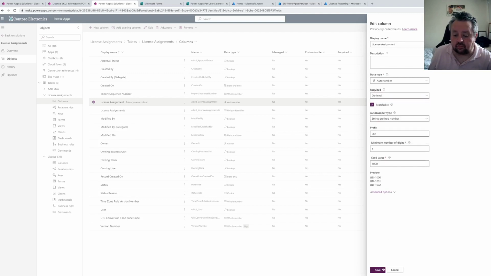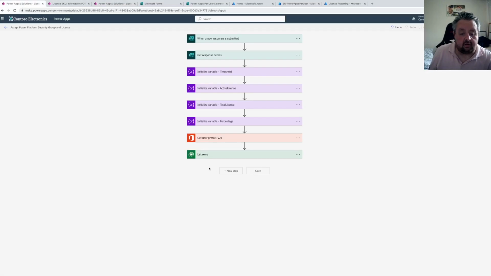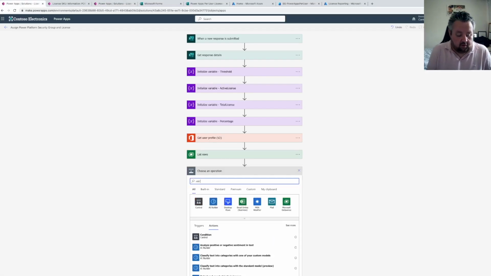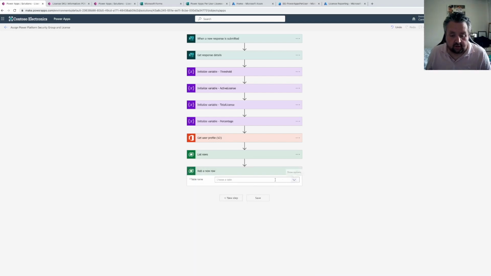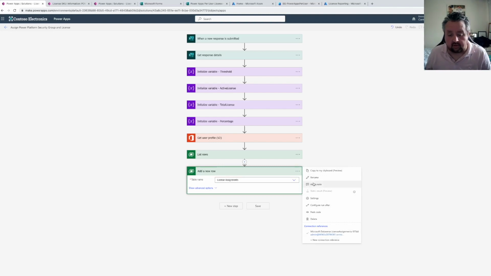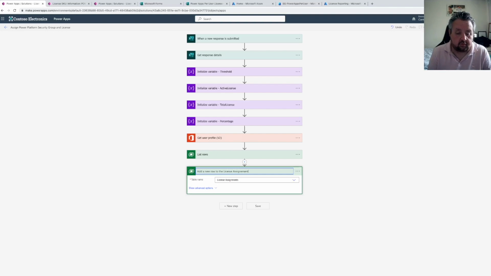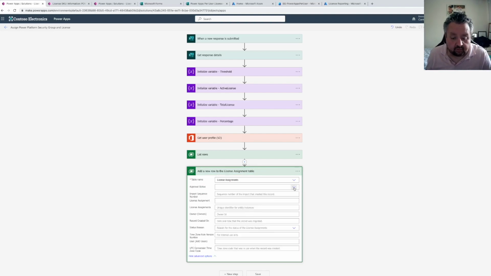Optional, and then go back in here, add a row, and this is license assignments, and rename that again. A new row to the license assignment table, and the approval status is going to be in progress,